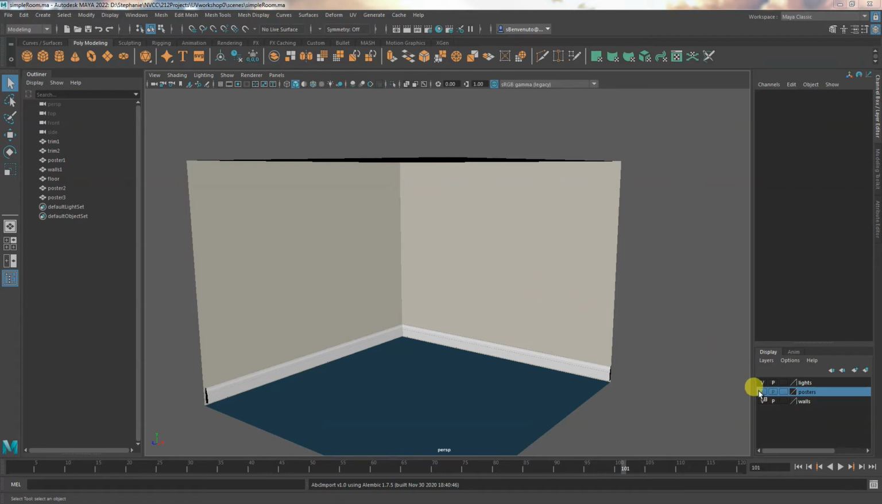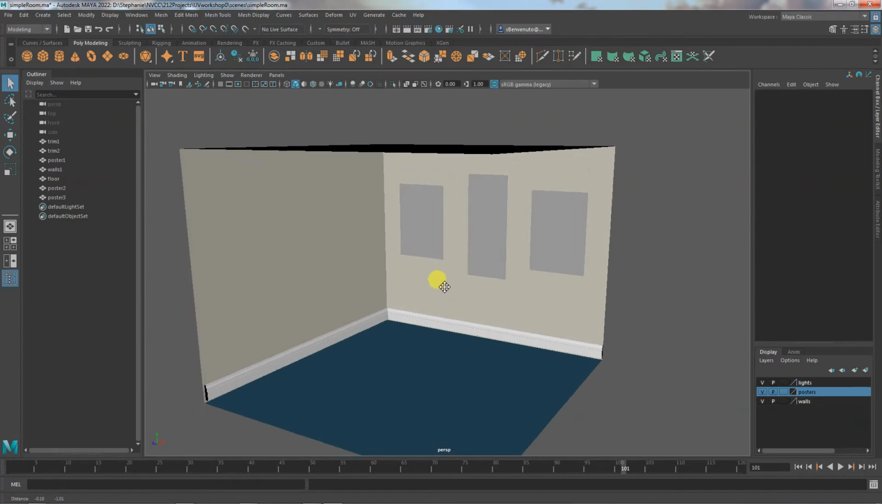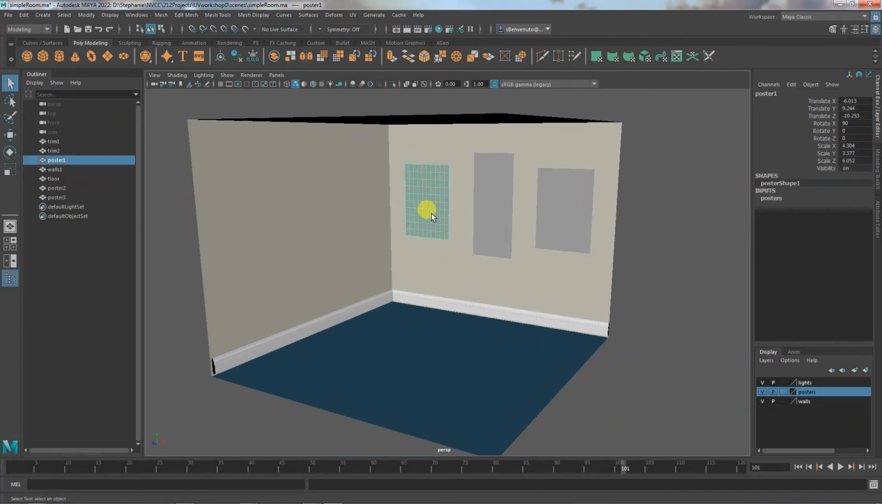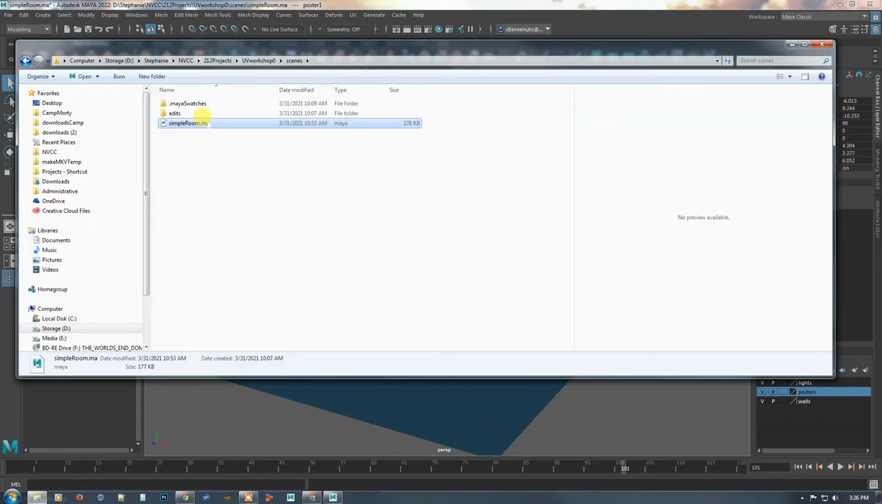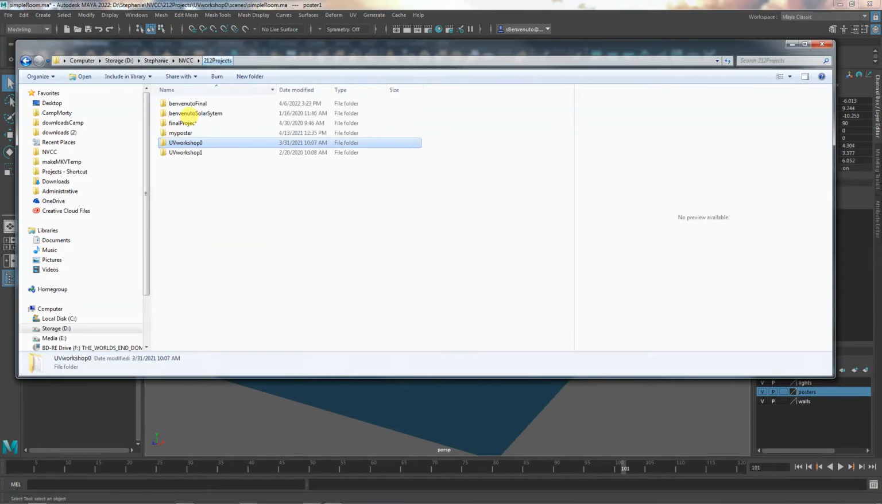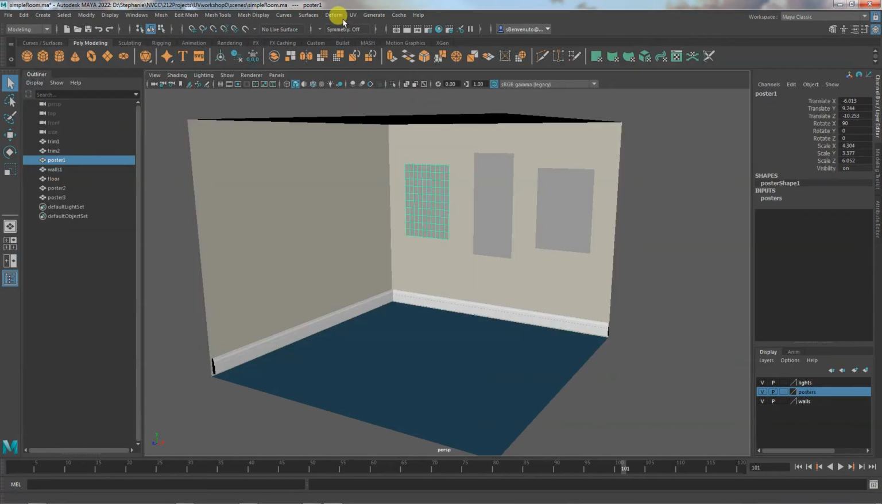Again, I'm on an old computer. So we have our file, we have our posters on the wall, et cetera. But looking for the source images for this may not work right now, because Maya on my computer was just working in another project, or maybe I just downloaded this for the first time. So even though a project called UV Workshop 0 was created, and a scene file called simpleroom.ma had been saved to that project,